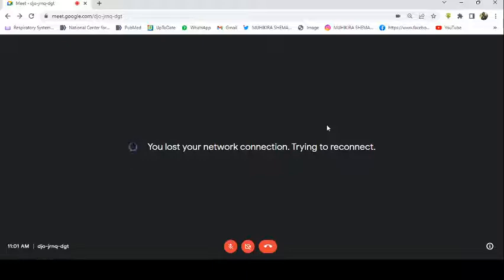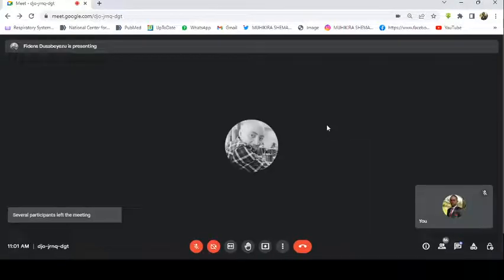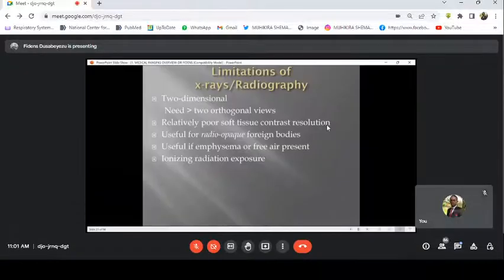Can you differentiate point 1A from point 2 from B? You can't. That we call contrast resolution. So X-ray now is very poor in differentiating in contrast resolution. That's what I mean. Number 3,